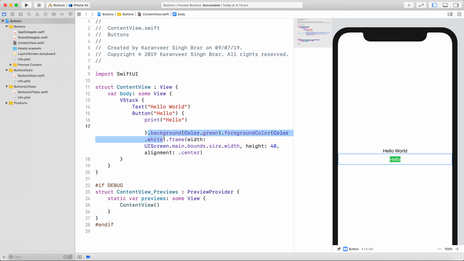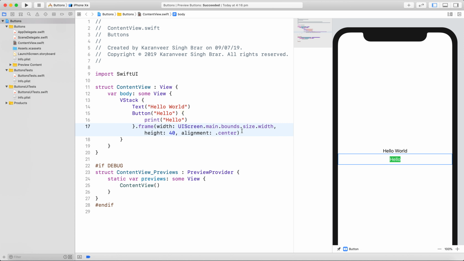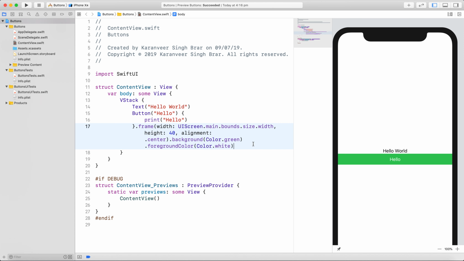So now I will have to cut this code and put this at the end. Now as you can see, the background color changes. Now this matters. Now I don't know if this is a bug in SwiftUI or this is how it should work. I mean, logically it looks like that it should work like this, but